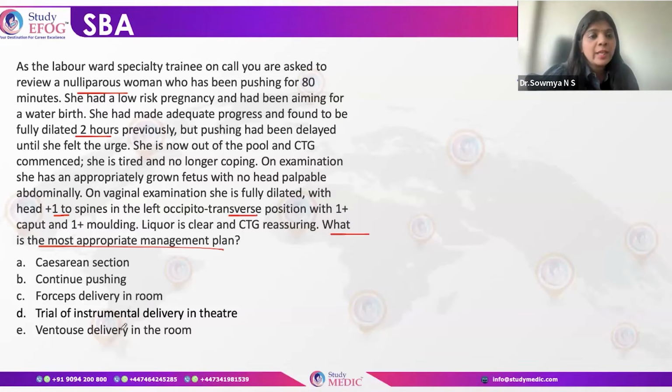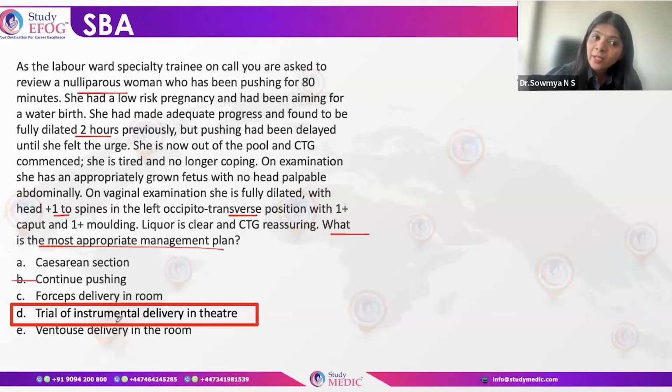Forceps delivery in room, theater, ventouse, or CS, continue pushing. This is done. Cesarean section could be if it fails. So I'm not sure whether she's going to deliver or not. So what I do is I would shift her to the theater and do a trial of instrumental delivery, because I'm not sure whether she's going to deliver or not. And obviously there is no element of